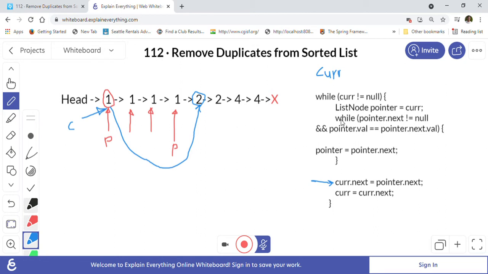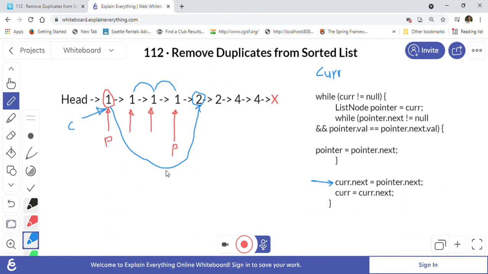And otherwise we will just loop in the while loop, right? So pointer.next is not null, and pointer.val is equal to pointer.next.val, meaning it is matching with the previous values, right? Basically this one is matching with the previous value, this one is matching with the previous value, this one is matching with the previous value. That's what the while loop does. So it continues until it hits a different value node, right?